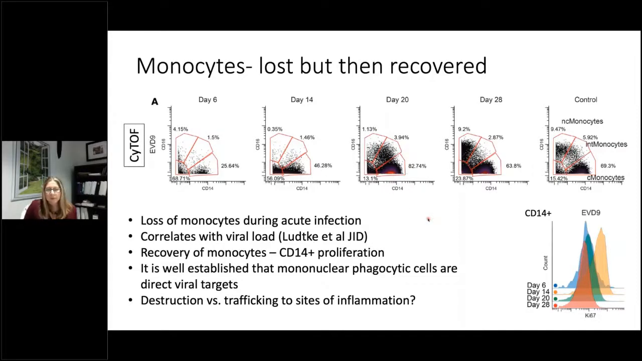time. So it's pretty well established that Ebola infects mononuclear phagocytic cells, both in vivo and in vitro. But we don't know if this loss that we see in the acute phase is because the cells are being destroyed by direct viral infection. That's entirely possible. Or if perhaps those cells might be lost in the blood because they're trafficking to sites of